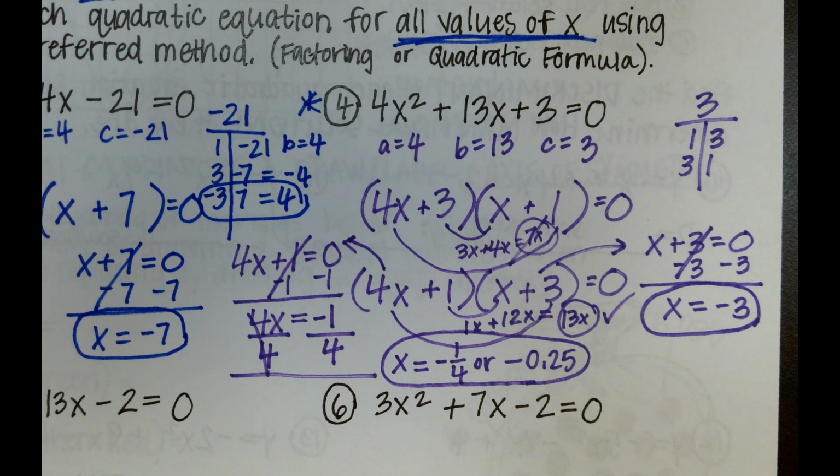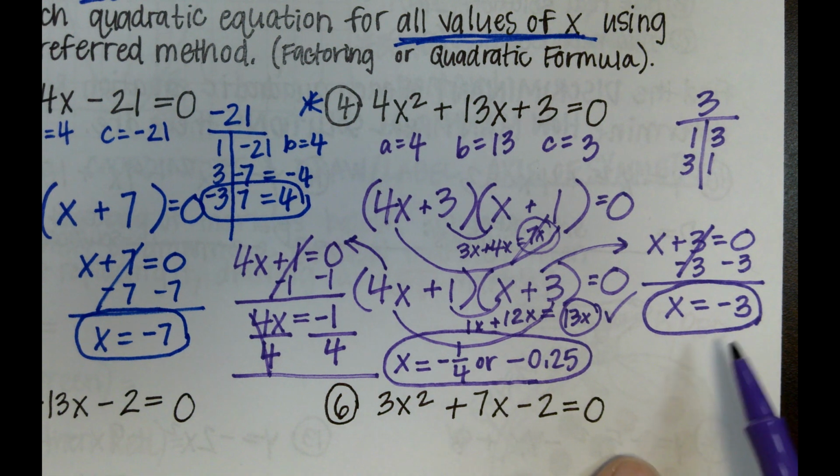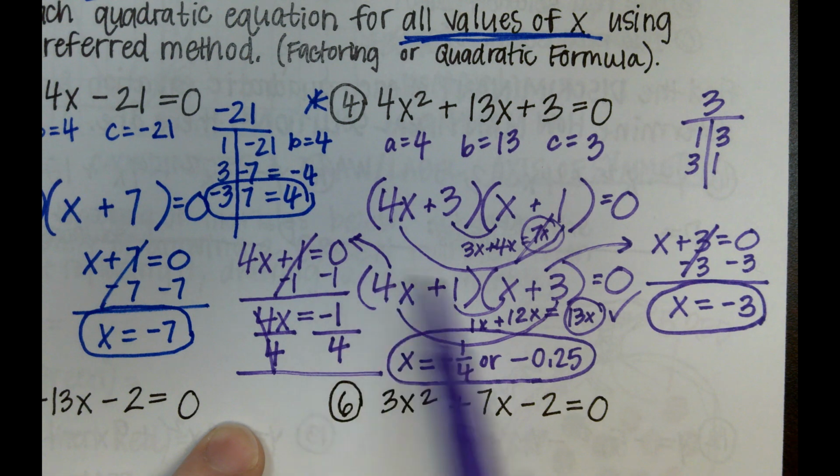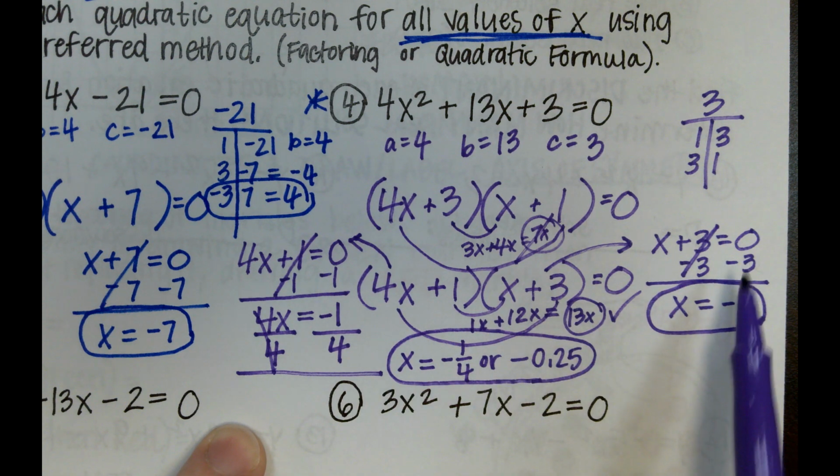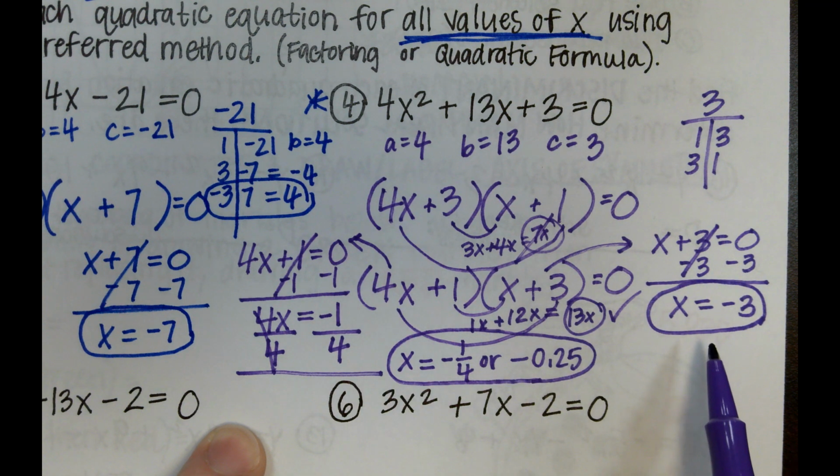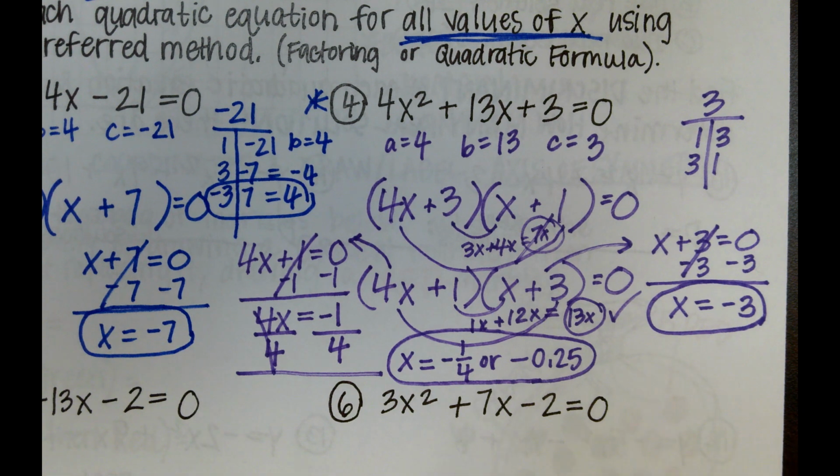All right, you guys. Any questions about number 4? Any questions? Trying to see the other one that we did. Which one? The second one. The first one we just did was 4x plus 1 equals 0. Okay, the second one is x plus 3 equals 0. Minus 3, x equals negative 3. I need to write that part down. Okay, take your time. Yes, Gabby. I did the other method, and for one of the answers, I got x equals negative